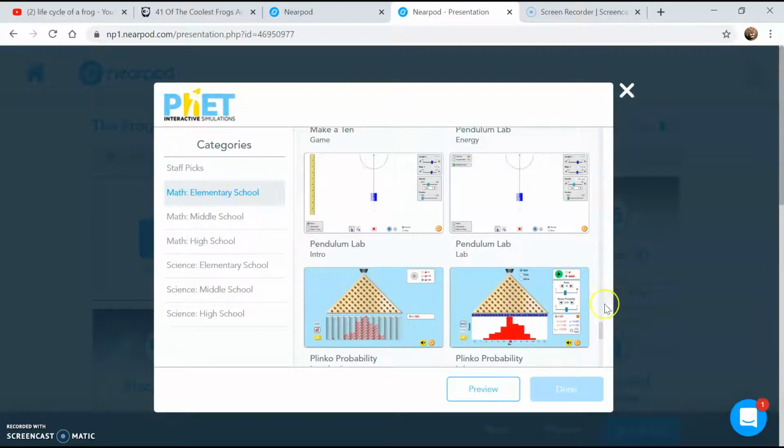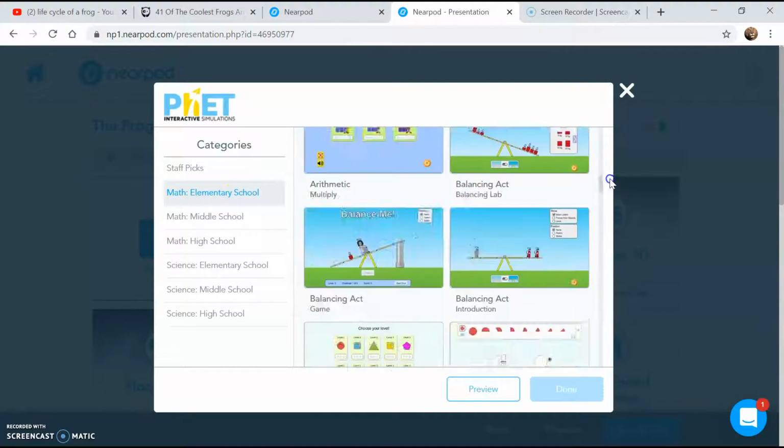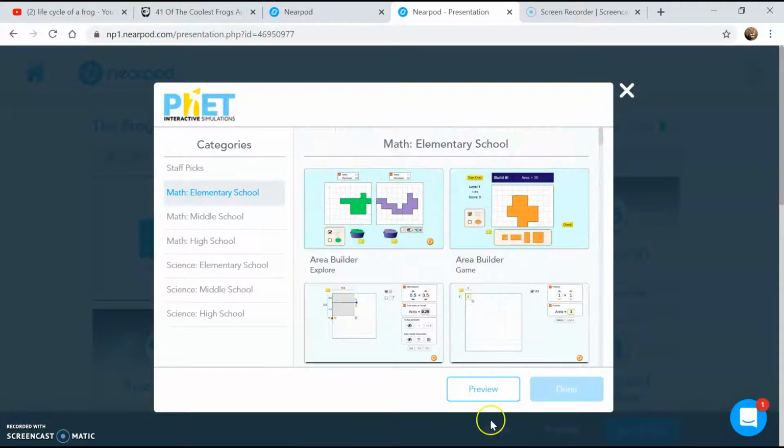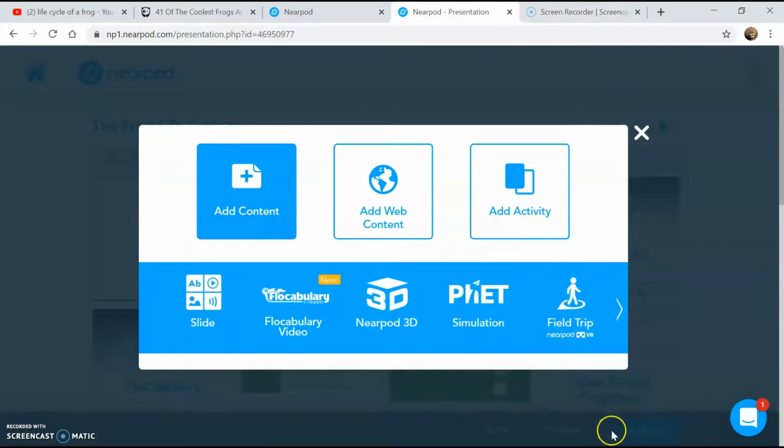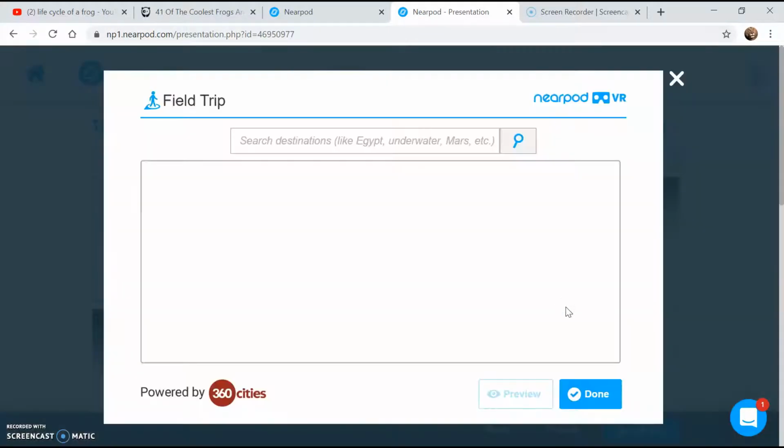Obviously, it ranged from elementary to high school. Now, I don't find anything here that I like, and if you ever do come to them and you don't like it, just hit the X or hit the cancel at the bottom. If it gives you the option, you can try another feature. If I come to Field Trip, I really love these